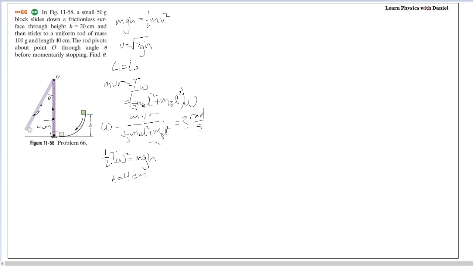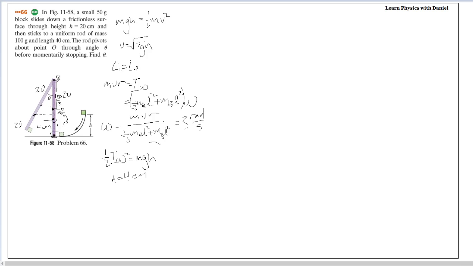So essentially what we see is that this is 20, this is 20, this is 20. So this is 1/3 of the way, so this is 20/3. So then this entire distance is 80 over 3. So what we see is that we can express the difference in height between these points as 4 centimeters, but